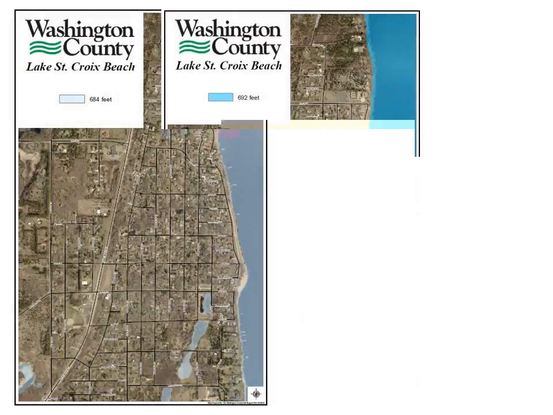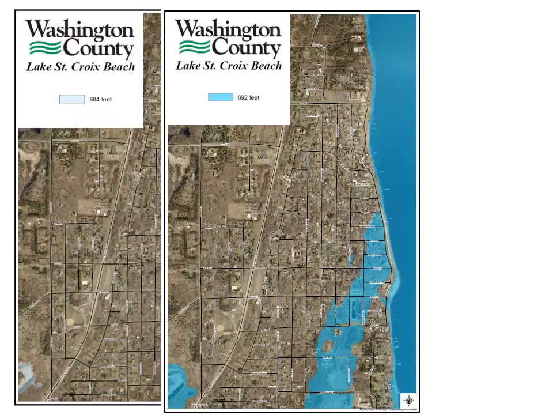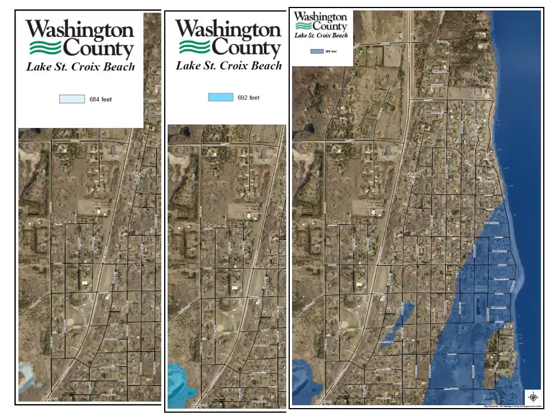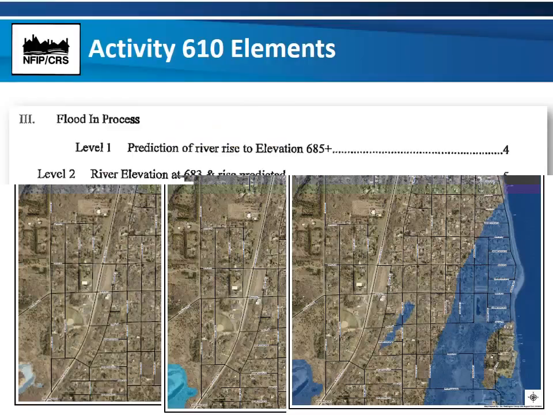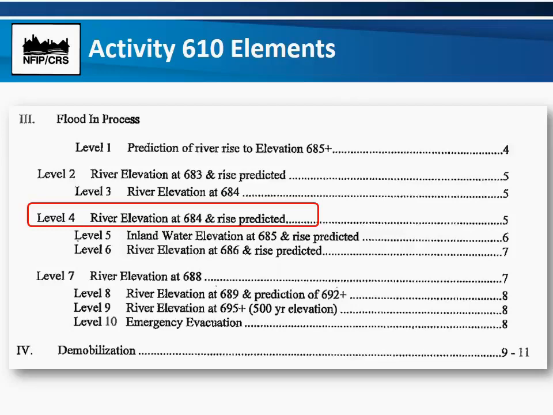The second map of the same community shows a higher, larger area of inundation, and that's depicted at 692 feet. And the third map is showing the 696 feet area of flood inundation of their community. Then we go to their plan, which references the river elevation at 684 and the rise predicted, and that will